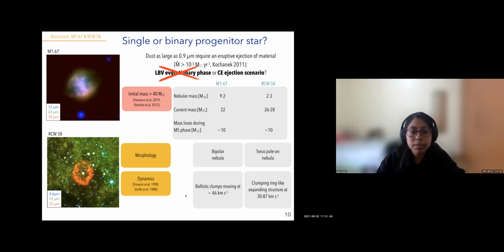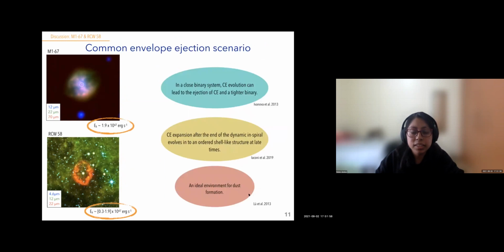Since N167 consists of a hollow shell of ballistic clumps moving at 46 kilometers per second, while RCW58 is a clumpy ring-like structure expanding in a range of velocities between 30 to 87 kilometers per second. In a close binary system, common envelope can lead to ejection of the common envelope and a tighter binary. Also, the common envelope expansion after the end of the dynamical inspiral evolves into an ordered shell-like structure at late